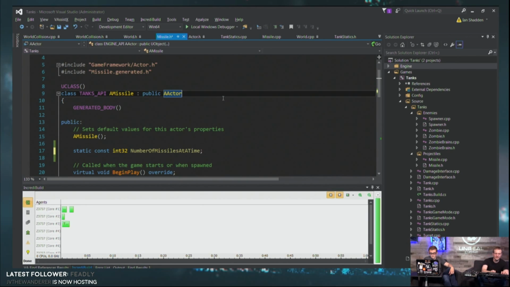Now you may have seen this, public a something else. This is generally not a great idea to do. In Unreal, you go from one class, one parent per child. You just go straight down the line. Don't inherit from two different parent classes. Basically, the problem with this would be, suppose that the two parent classes have an identically signatured function, or they both have a variable with the same name in it. When I refer to that in the child class, which variable am I talking about?